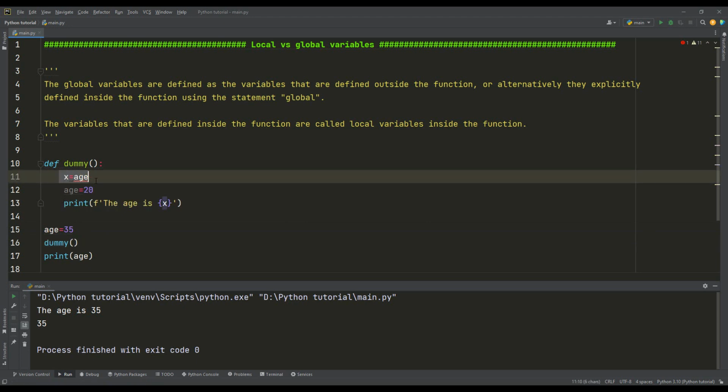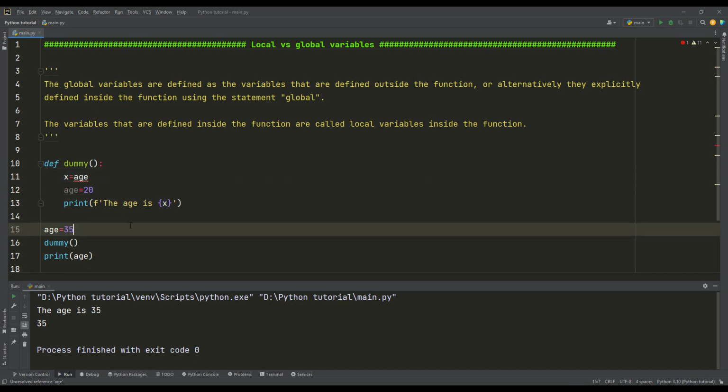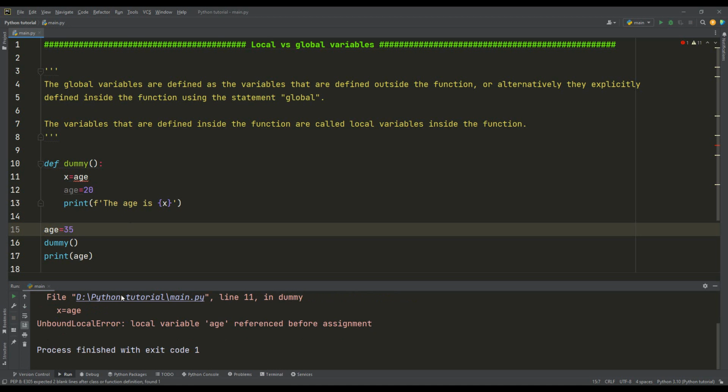When I go to this line, I see there is a problem because I have x assigned to age, then age modified to 20. When I run this line of code, I will have an error, which is termed UnboundLocalError,